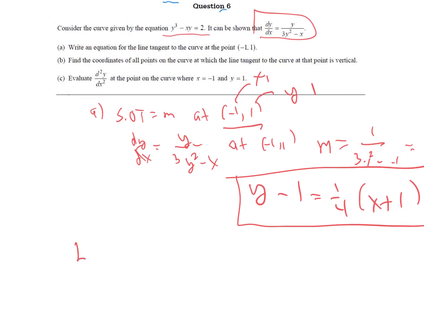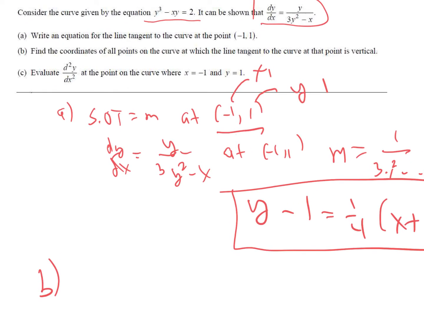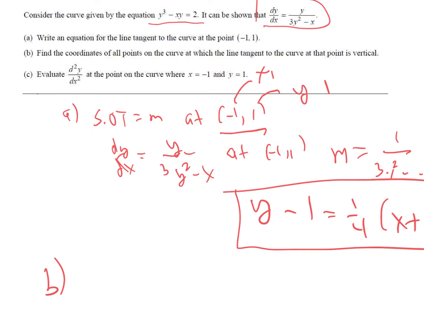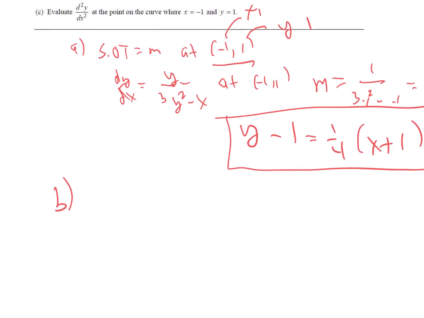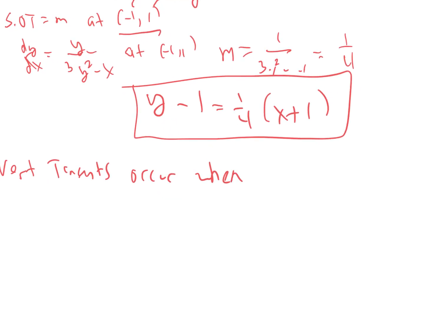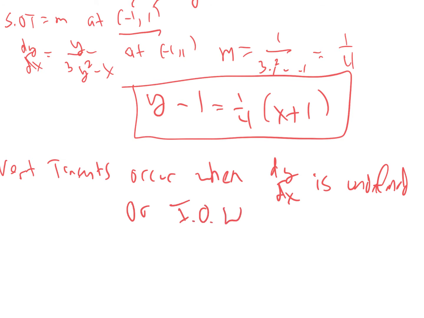B, this time I will not skip a spot. Find the coordinates of all points on the curve where the tangent line of the curve is vertical. We're doing the same thing. Vertical, say it to the reader. Vertical tangents occur when dy/dx is undefined, or in other words, the denominator